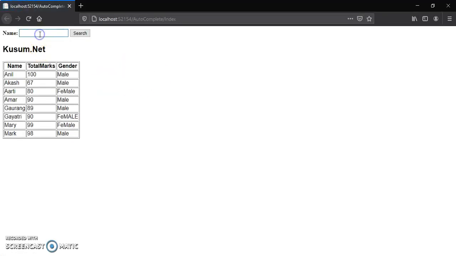Now let's type the characters GA. So you can see here the names of those students, and if I type A, one character, I cannot see anything because I have specified minimum length 2. So A N, then it will show the names of those students.